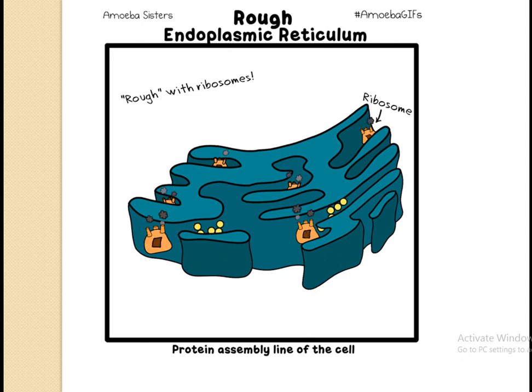The next is the rough endoplasmic reticulum. This animation is showing how the amino acids are forming and synthesizing the protein and how the protein particles are excluded from the rough endoplasmic reticulum. You can see this whole process and now the folded protein particles in the form of a chain are extruded outside the endoplasmic reticulum. So I hope now you are able to understand how protein synthesis takes place.